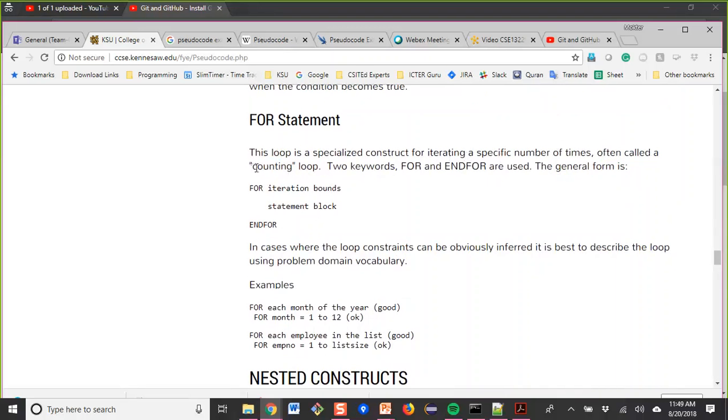Mainly, if we count how many times we want to execute our loop, we usually use a for loop, but we can definitely do it with a while loop. The two keywords are for and end for, with an iteration block in between. In our program code and in your pseudocode, you will see a lot of use of for loops.